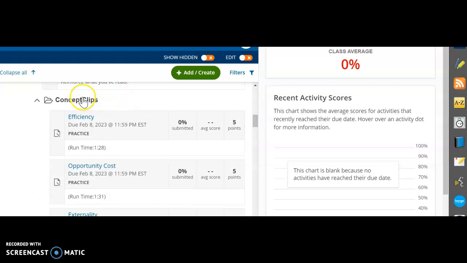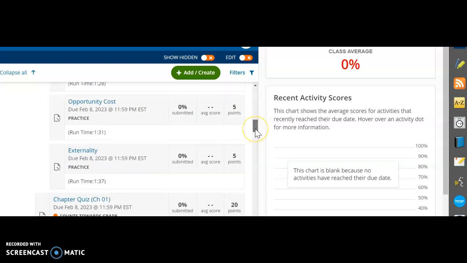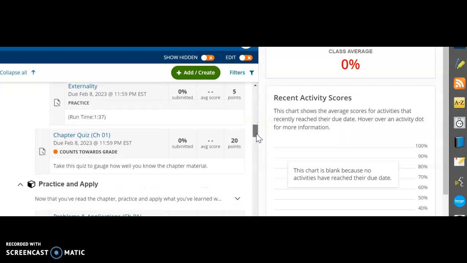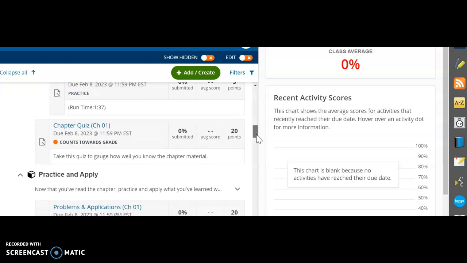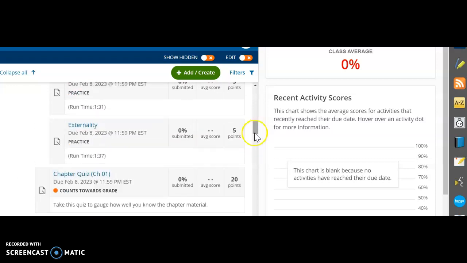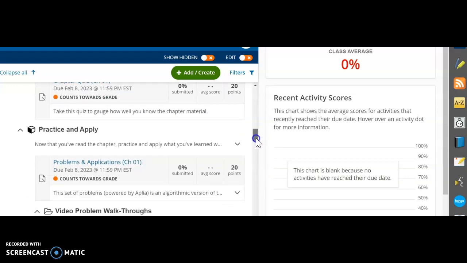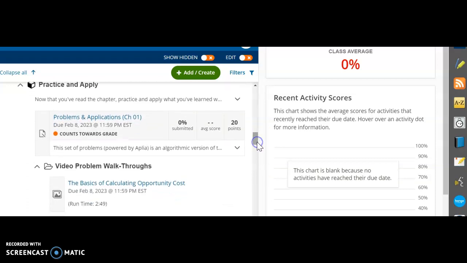Concept clips, okay, they're embedded in there as well, and you can get them in the chapter. So those are best just as you read through the chapter. Okay, so next, you have the chapter quiz. Counts towards your grade. Get as many shots as you want at that. Next thing,